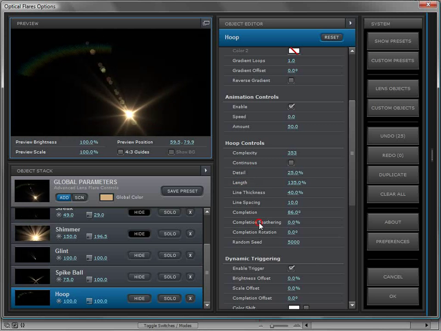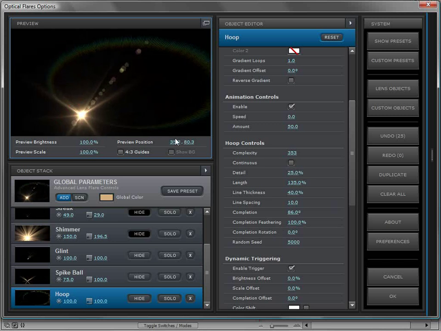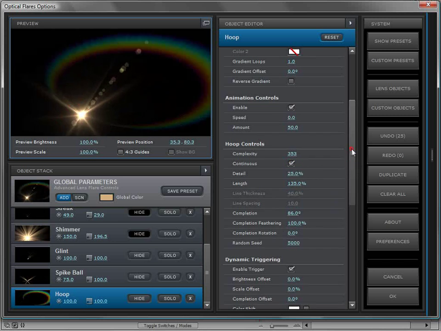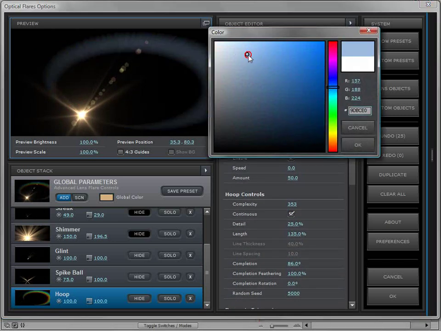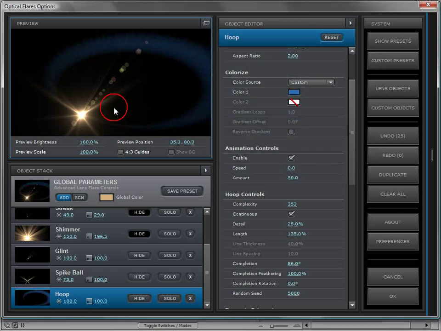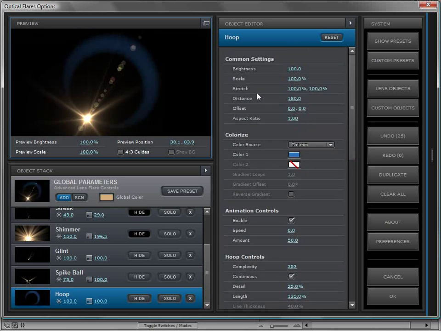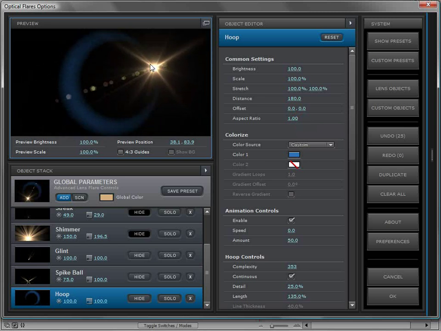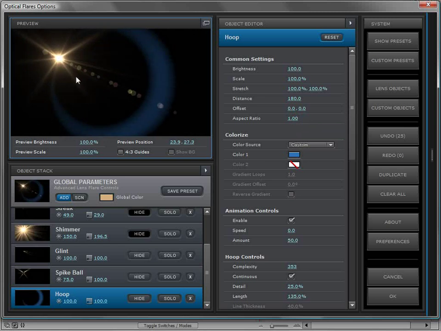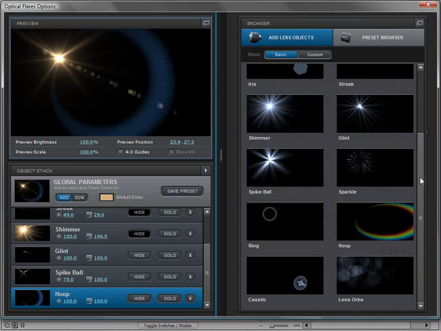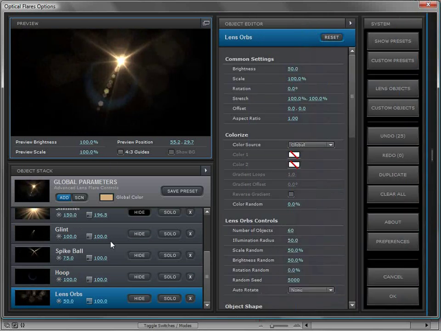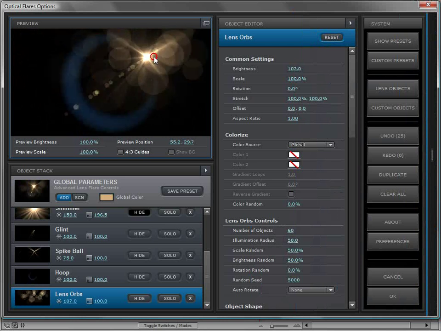But with that on, maybe back to continuous, and maybe we'll make it a blue color. And we can really do a lot of things with the hoop. And by default, it's set to anamorphic, but we can set that to 1 to have sort of a perfect circle as well. Now, moving on, we have our lens orbs, which simulates something that's out of focus on your